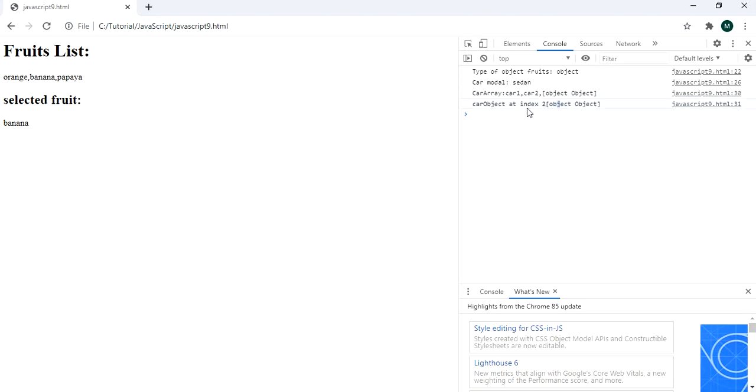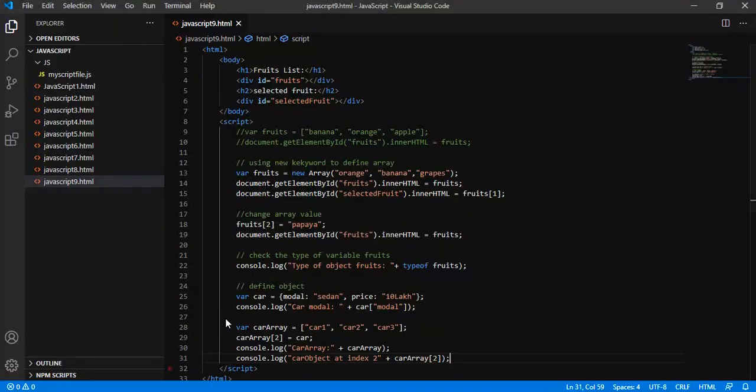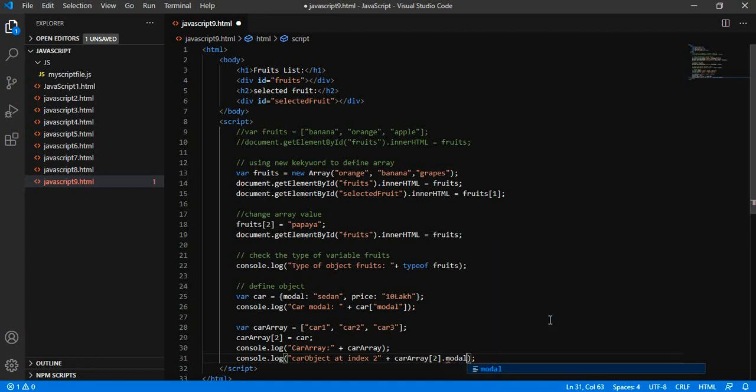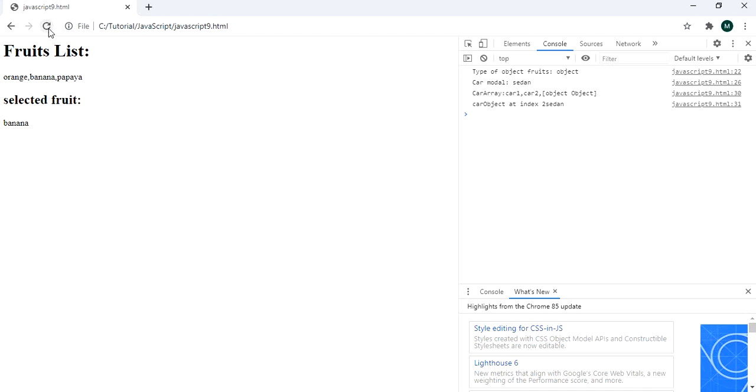It is printing object, and when I am trying to print dot model, then it is printing the value.